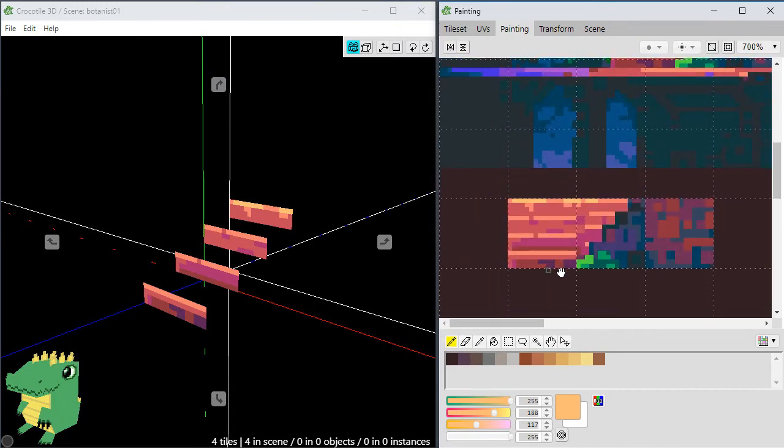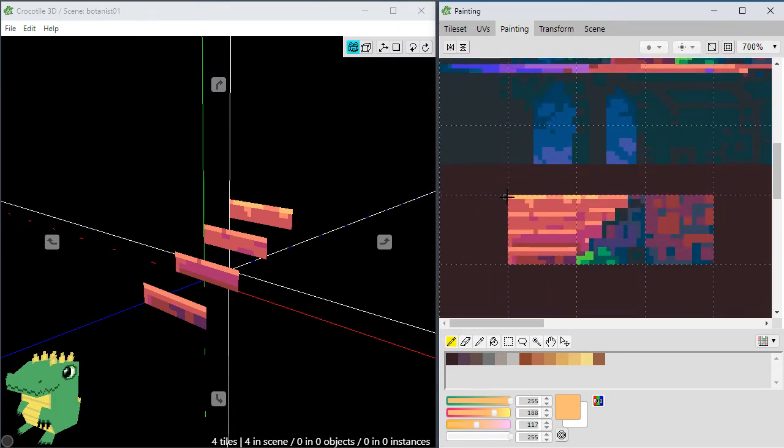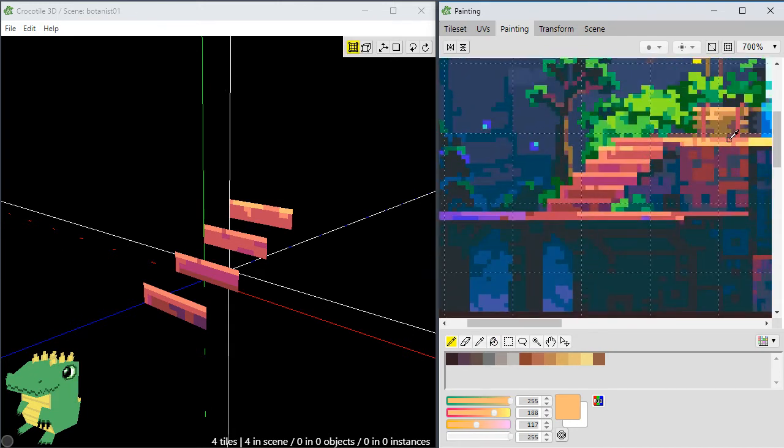I'll go back down, and maybe we'll make this area over here the top surface of the stairs. Why not? And I'll switch to my paint bucket tool, fill that in, and then I'll maybe choose some other color, maybe this color over here,